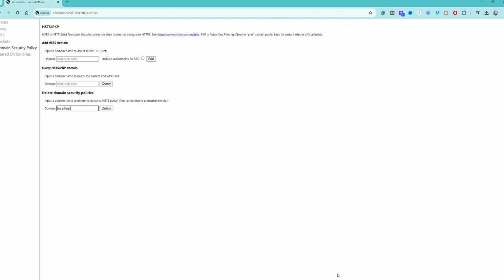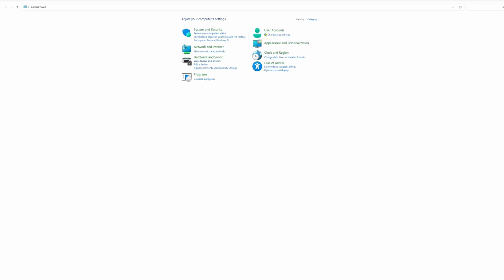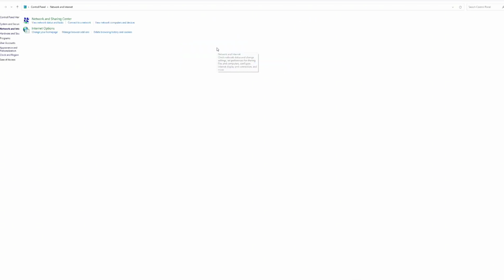It can very well be because of your Windows Defender. Yes, there is a chance that your Windows Defender might be blocking your localhost access. So let's turn it off and see if it works. For that, go to your control panel and click network and internet